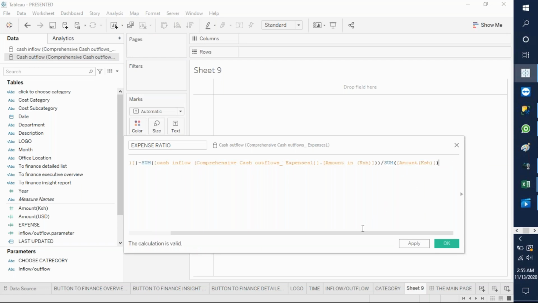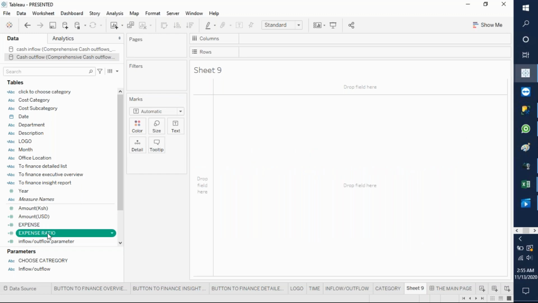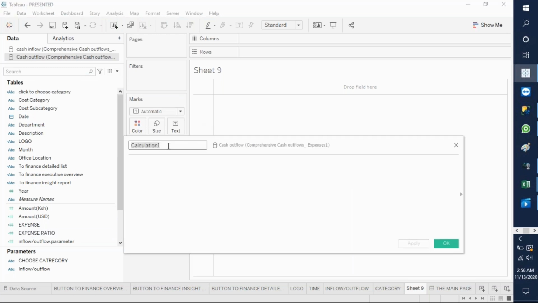Like that. I think this is valid. You can see, so we just apply that. So you have our expenditure expense ratio. We can go to the income ratio or the profit ratio, the same thing. So I'll just add the profit ratio,